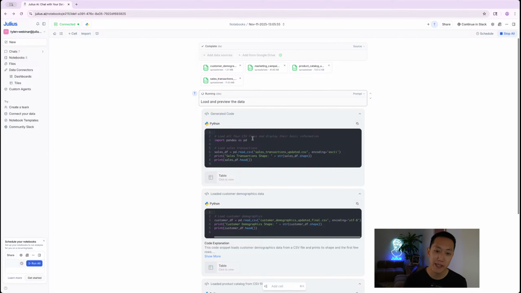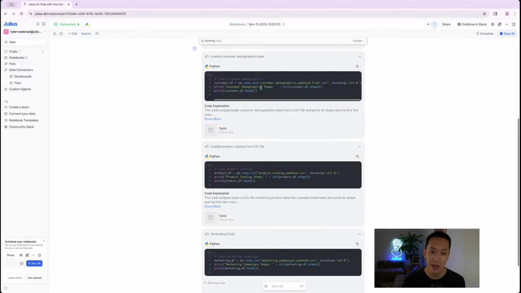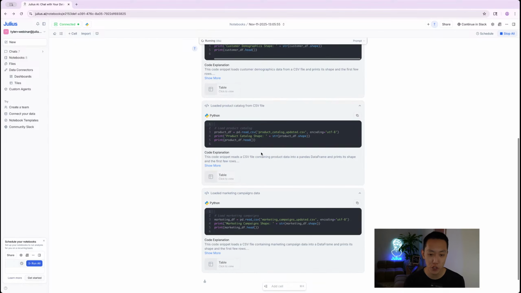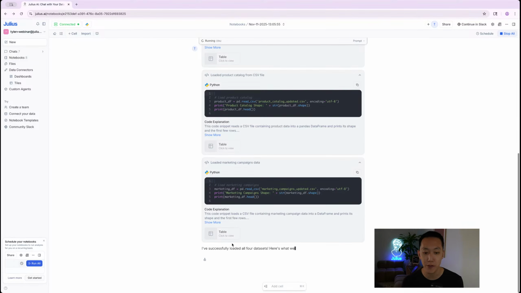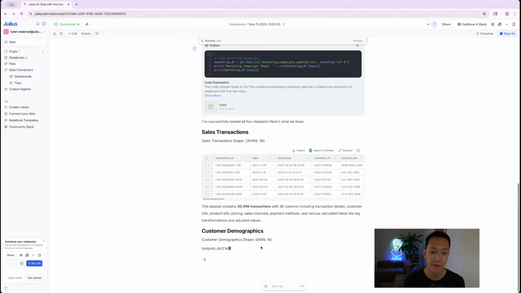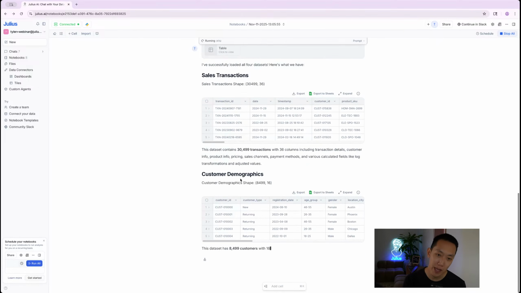All right, so here Julius is again generating the Python code needed to load and preview the data. It's doing it for all 4 of those different sheets. And then it's going to give me a preview of those tables, and here we go. I've successfully loaded all 4 data sets. Here's what we have. All right, so we have the first one for sales transactions, the next one for customer demographics,